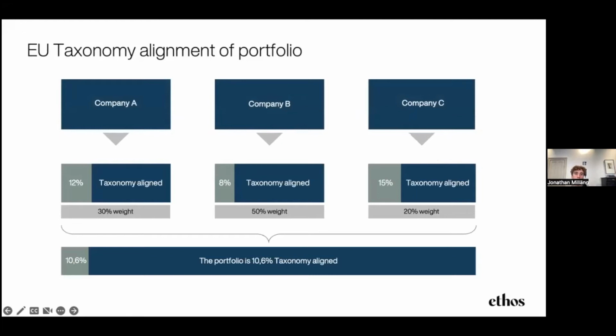And here is an example of how a fund would be calculated. You see there that you have 3 securities at the top, so listed entities. They calculate and report their percentage of taxonomy alignment. You take this times the weight that the security or equity represents in the portfolio, and then you get the portfolio's total taxonomy alignment, which will then be reported to investors, retail investors, professional investors, etc.